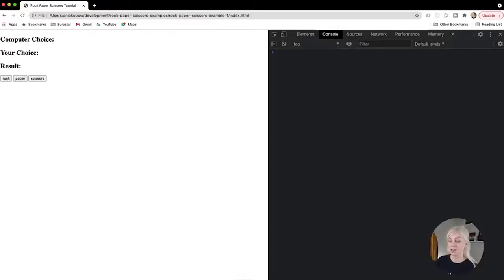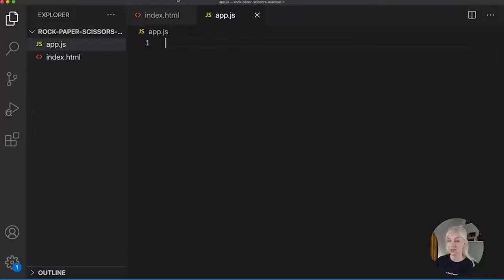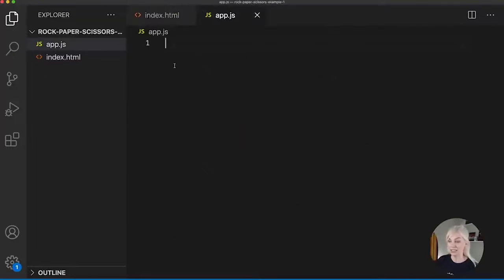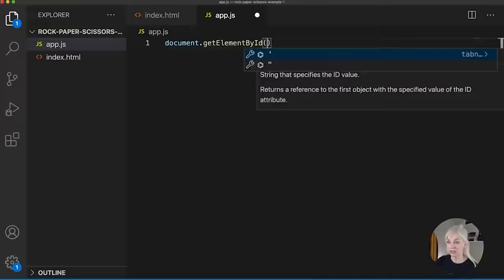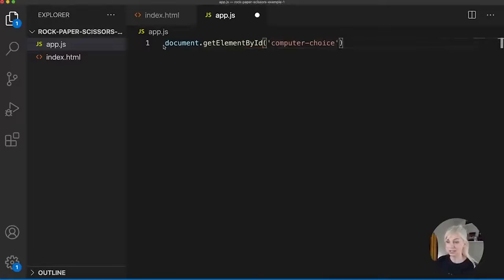So for this, I'm now going to have to go to my JavaScript file. So in here, the first thing I'm going to do is actually pick out all the elements with these IDs. So I'm picking out essentially the span, and I'm doing it by the ID. So I'm going to use document get element by ID. I could use query selector. I'll show you how to do that in another lesson, but I'm simply just going to pick out computer choice like this, and I'm going to store it as const computer choice